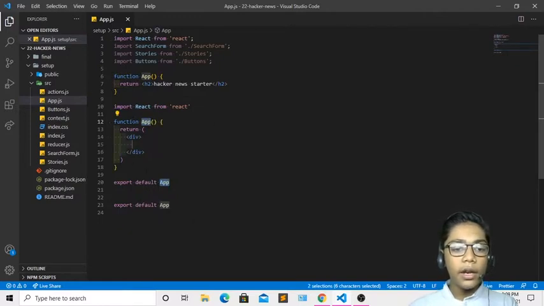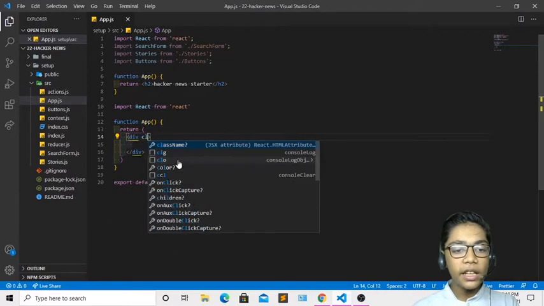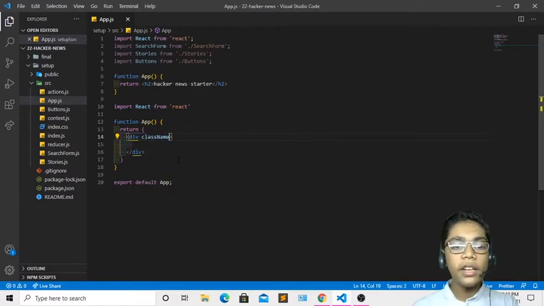Now I will be erasing one of the export default from here, because as you all know, I don't need many of them. Then I will be closing this. You can see we have done that. Now I will be coming after this div and creating a class, because when you are creating a div, you also have to create a class for styling when we work with CSS. I will be giving the class name React, so it will be easy to remember.